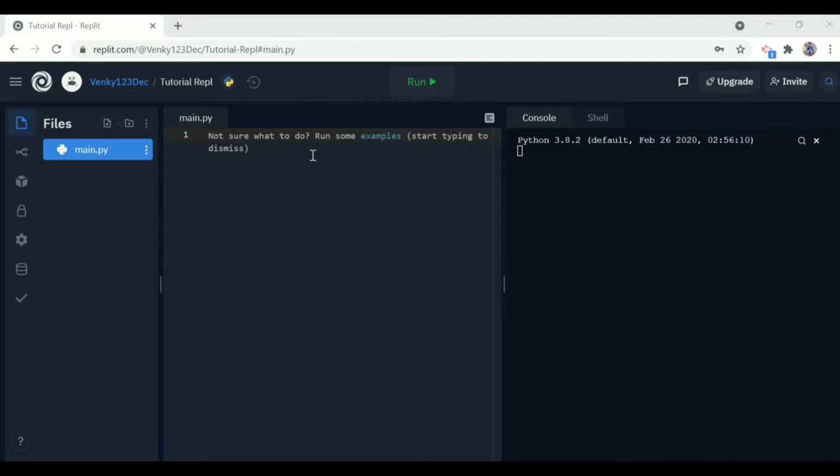In the previous video, we have learned about comments in Python. In this video, we will be learning about conditional statements in Python. So first, let's understand what conditional statements are. Conditional statements means the block of code which will get executed if a specific condition is true.